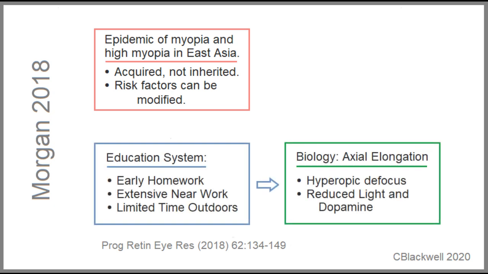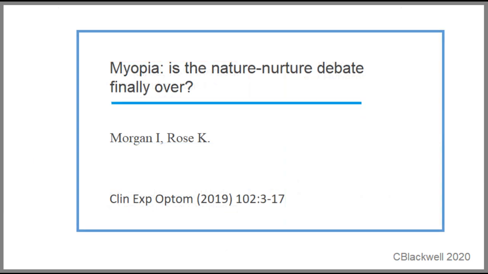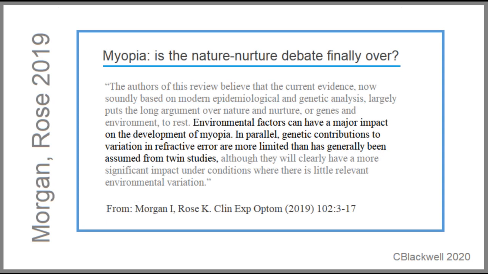They contend the contributing factors appear to be heavy emphasis on near focus and limited time spent outdoors. These risk factors should be modifiable. There are additional measures, for example atropine, that can be used to control myopia. A year later, Morgan and Rose provided a critical review of the genes versus environment debate, including historical background, study methods and conclusions, and current study results. These excerpts, I think, cover their conclusions.